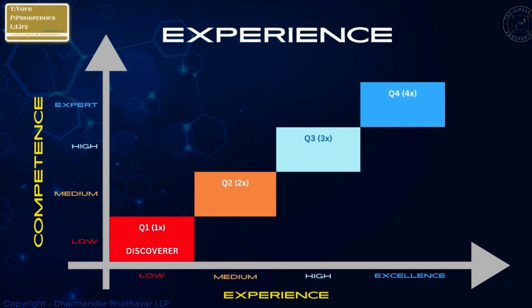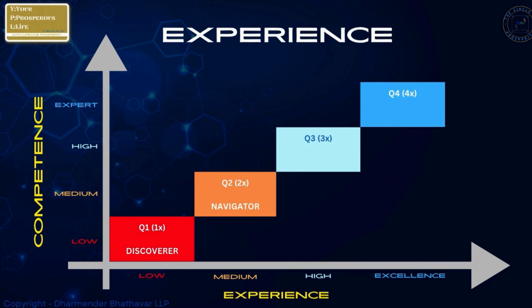The next is navigator. So their competency level is medium and experience level is also medium. So they are somehow able to navigate through the roles and responsibilities and see that they are reaching their targeted goals